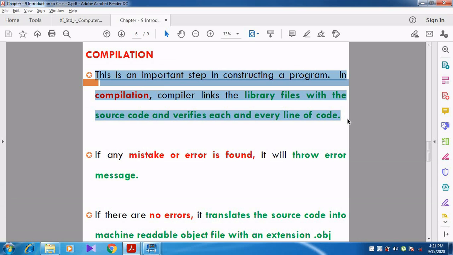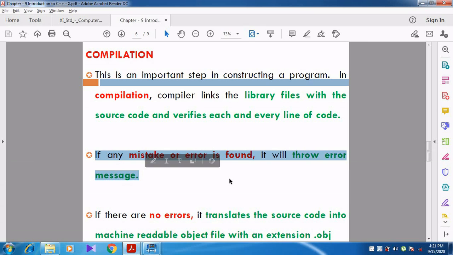Based on the rules, it checks whether we followed the syntax or not, whether we followed the rules in a perfect manner or not. So the library files check our source code line by line, and if any mistake or error is found, it will throw an error message, such as syntax error, semicolon missing.